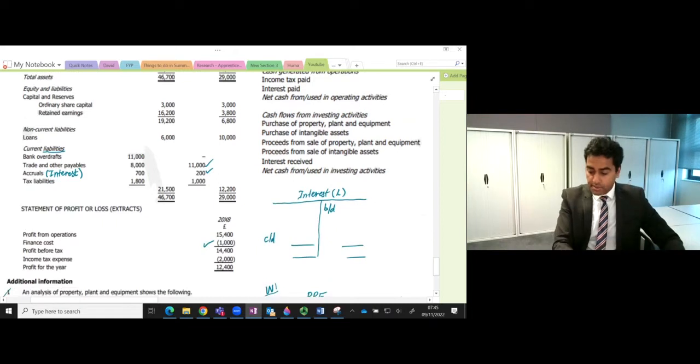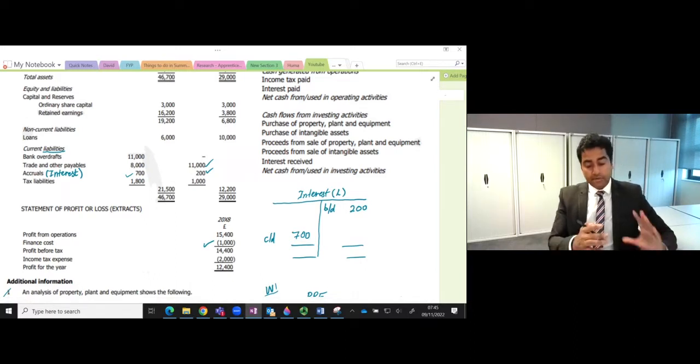So I need to record this £200 as an opening balance. And then you can see there is a closing balance of 700. I'll record 700. Then I need to record this £1,000, which has been recorded as an expense in the income statement. And if it is recorded in the income statement as £1,000, that means it was debited in the income statement